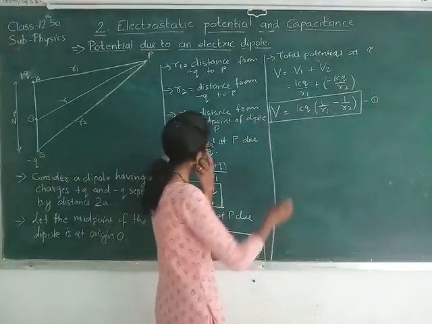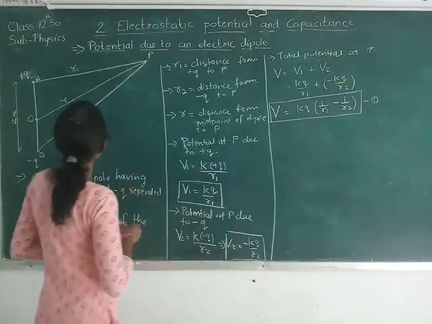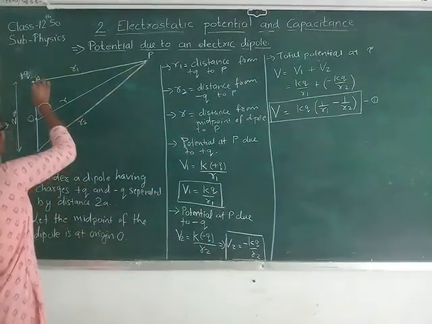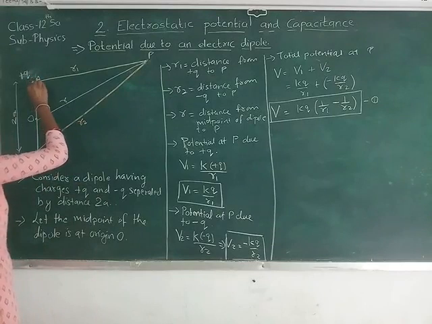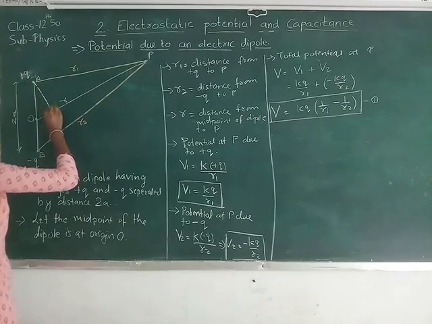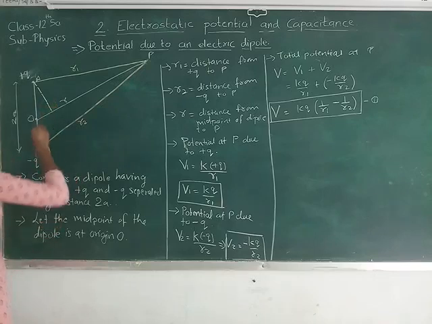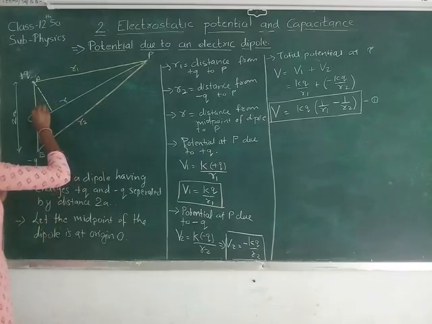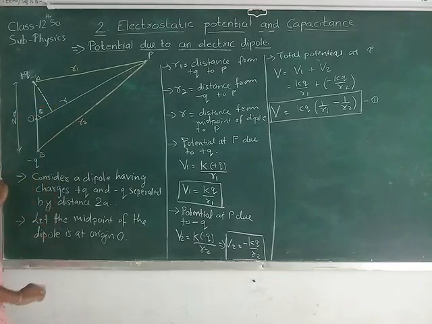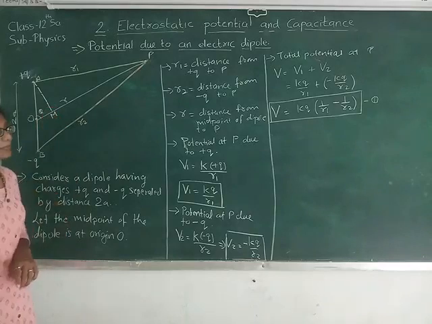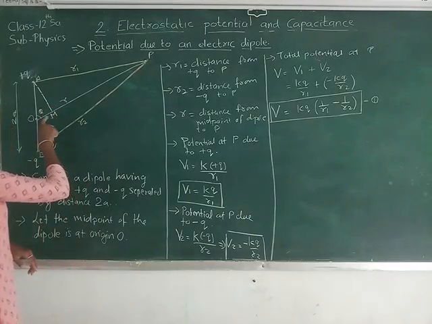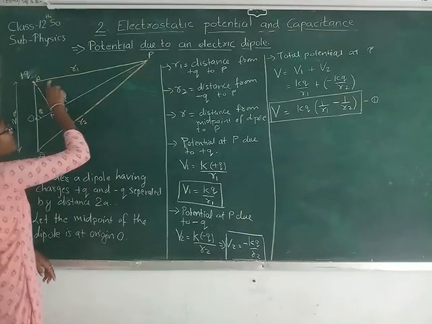Now see, from this point plus q charge, let us draw a perpendicular line on OP. Let this angle be theta, and let the point over here be named as point N. Why are we drawing this? Because see, here this R1